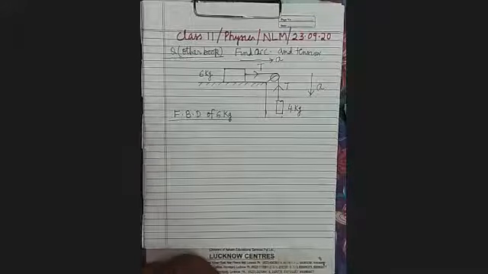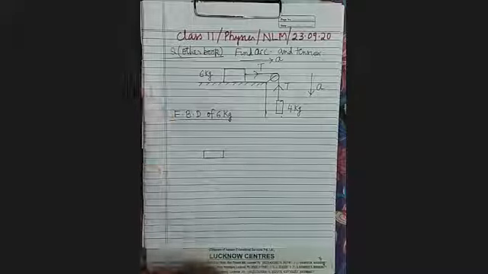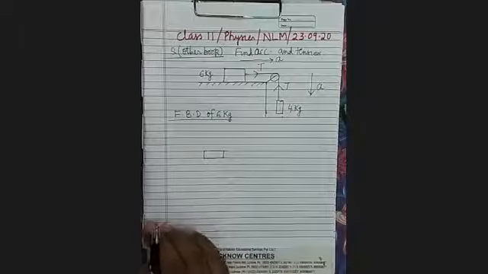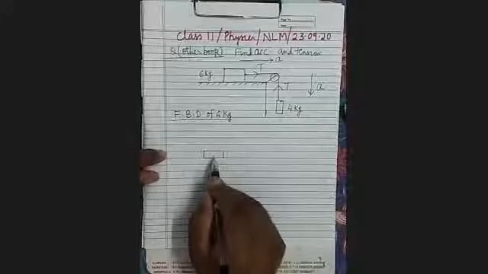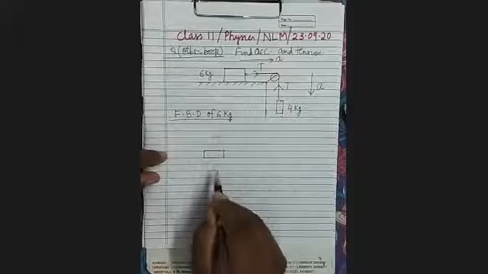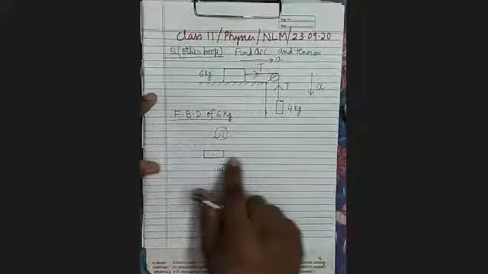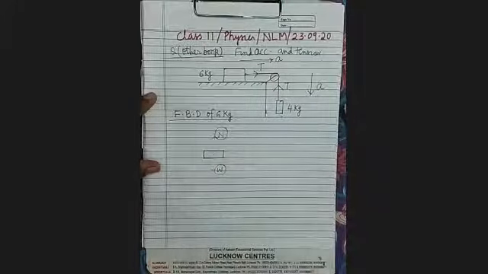So you can see here, this is the 6 kg block. Its motion is in the horizontal direction. Therefore, there is no need to show its weight and normal reaction. Since the motion is in the horizontal direction on a smooth surface, there is no need to show weight and normal reaction. We don't show weight and normal reaction if the body is moving horizontally over a smooth surface. If the surface is rough, then definitely we will show them.